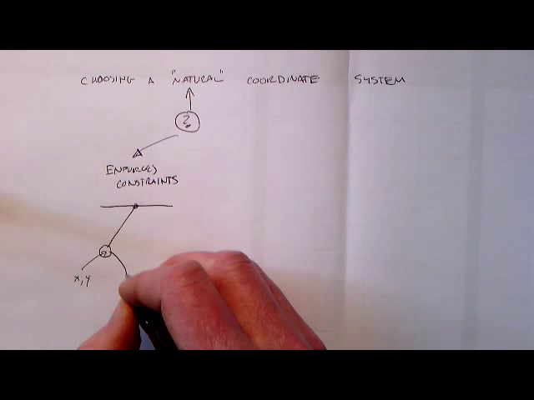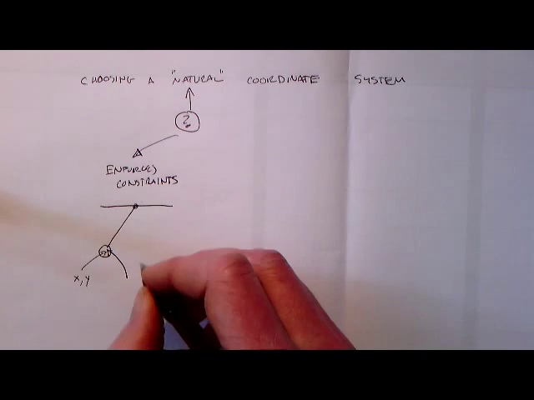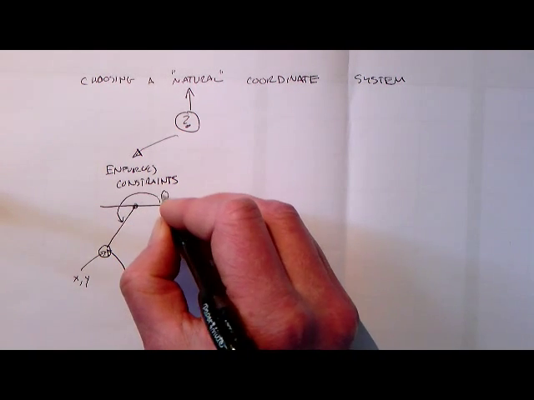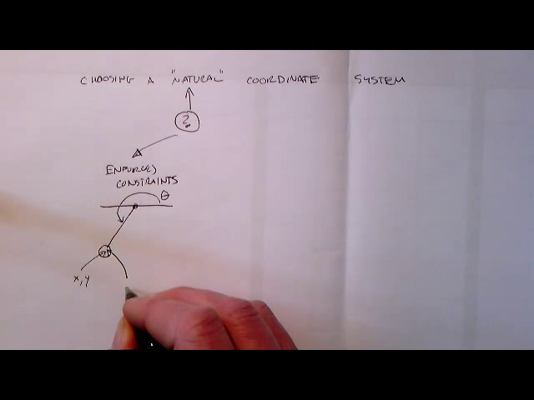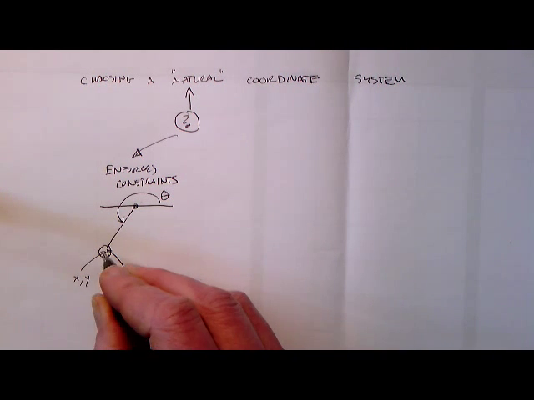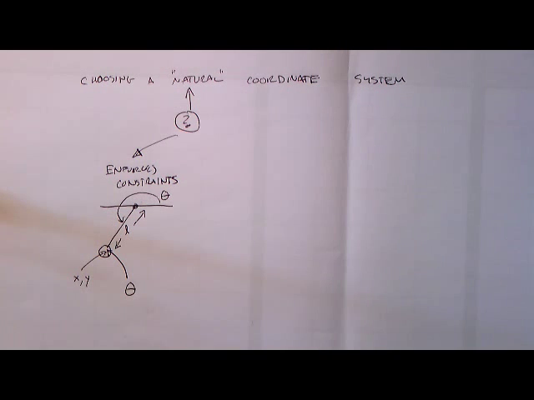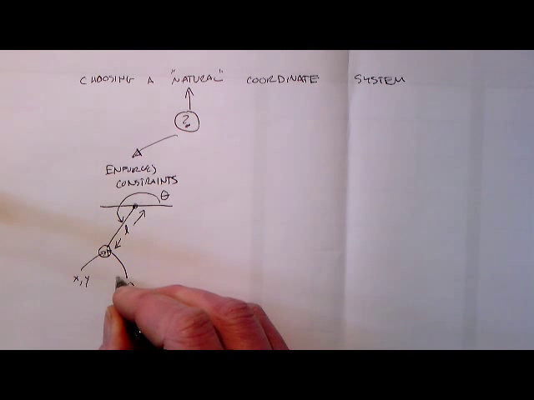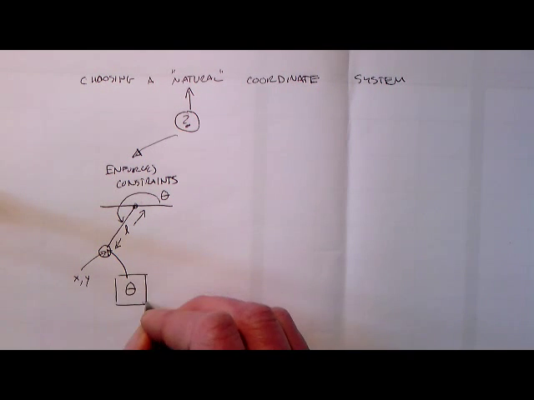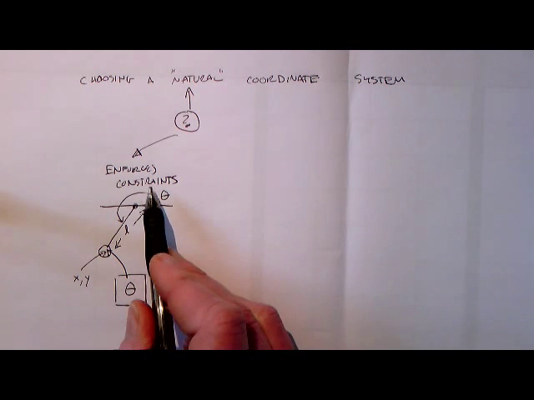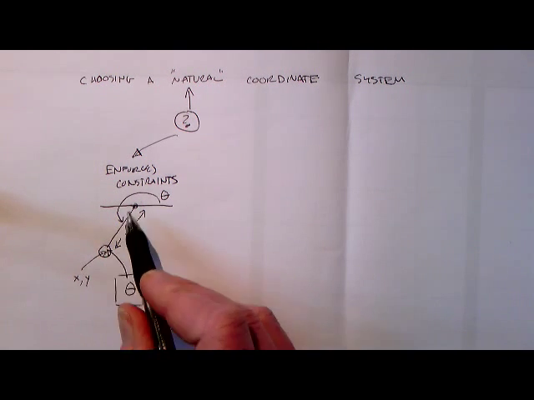On the other hand, you could also choose to use a polar coordinate system to describe this. You could say, okay, I'm going to define this angle as being theta, and I could say that in fact theta alone tells me the position of the bob so long as I know what the length of the string is. So in this particular case, choosing a polar coordinate system where the only thing that's actually changing is theta is a much more sensible choice because it enforces the constraint that the bob has to stay a distance L